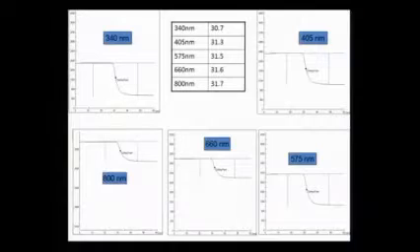So what we did was we looked at a normal plasma and saw how a normal plasma behaves at a particular wavelength. You can see here that we have recorded the clotting time of a normal plasma at 340 nanometers, 405 nanometers, 575 nanometers, 660 nanometers, and 880. And what we are looking at is not only the timings, which is on the table, but we are also looking at the shape of the clot that is formed after the time is produced. If you look at it subtly, you can find out that the curve is slightly sluggish at 880 compared to 340. 340 is slightly sharper in the way it turned compared to the 880.